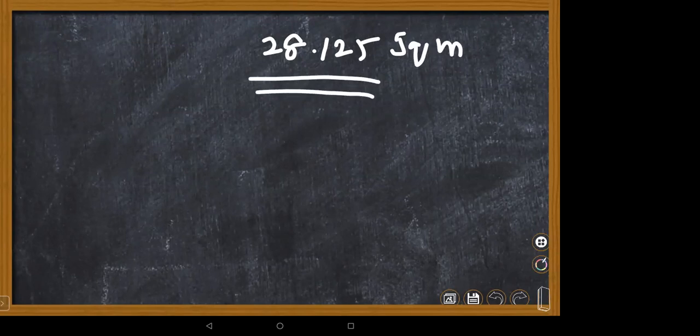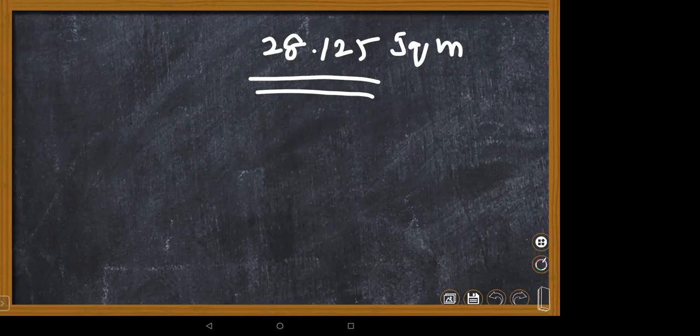And not only that, children, a condition is also given. They are expressing the answer in square centimeters. That is the tricky task. Actually, what answer are we getting? 28.125 square meters. One square centimeter is 10,000 square meter in conversion terms, but the answer will be in terms of centimeters. Ma'am, it's 281250 centimeter square. Very good.